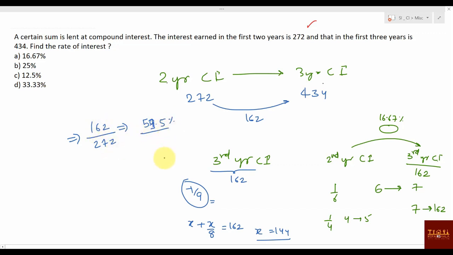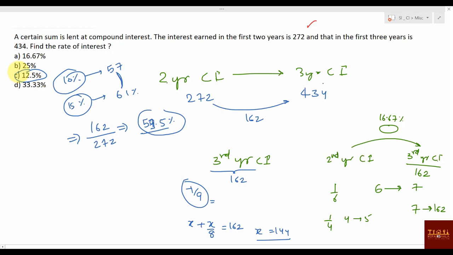You know that for 10% it was 57 something, right? And for 15% it was 4 more than that, means 61%. And 59.5 is in between 57 and 61. Means your rate of interest will be in between 10 and 15%. Which value is given? Standard case. Always they will give you options so that you directly apply this and get the answer. That's how you can save time, right? Because the previous method which I told you takes a little bit more time, first neglecting the options and then checking the options. I hope this is clear, right?